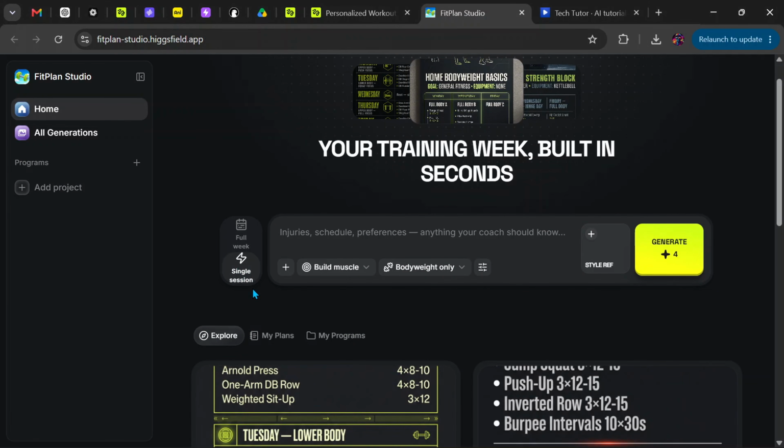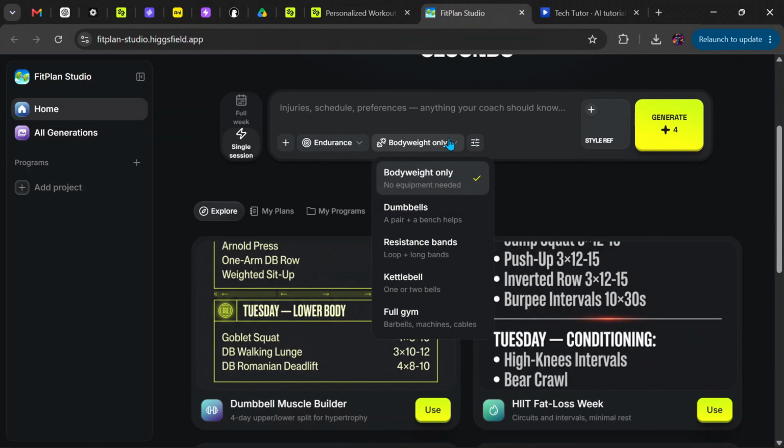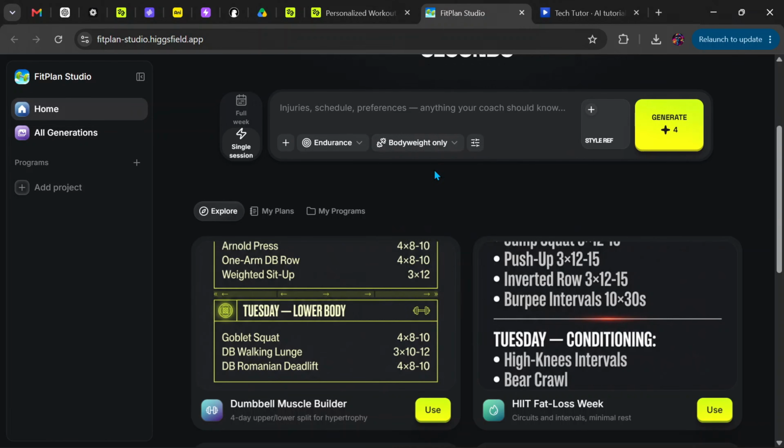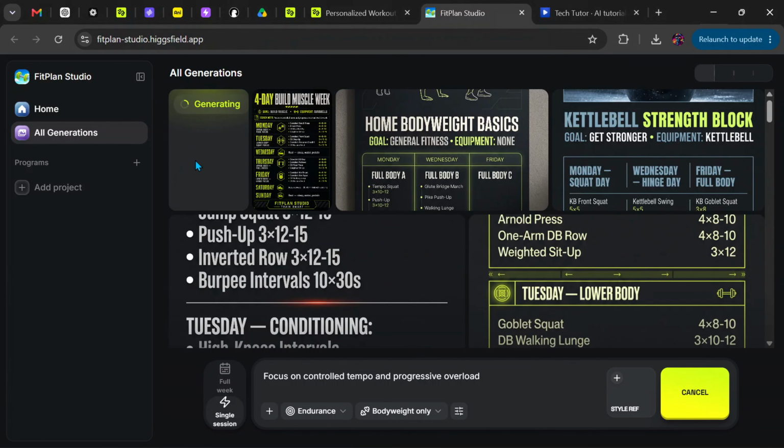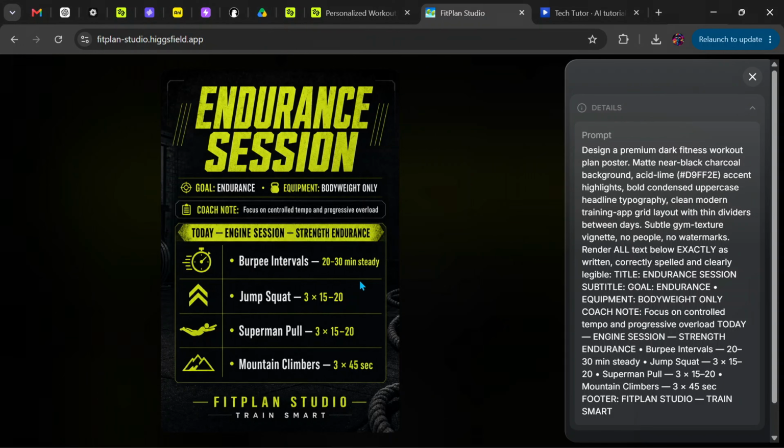I'll choose single session, then select Build Endurance as my goal. Under Equipment, you can choose from different training options, but I'll go with body weight only. Then I'll enter a short request, confirm it, and allow the app to generate a workout plan based on my preferences. Looking at the result, it generated a detailed written workout guide, which is useful, but I don't think it's